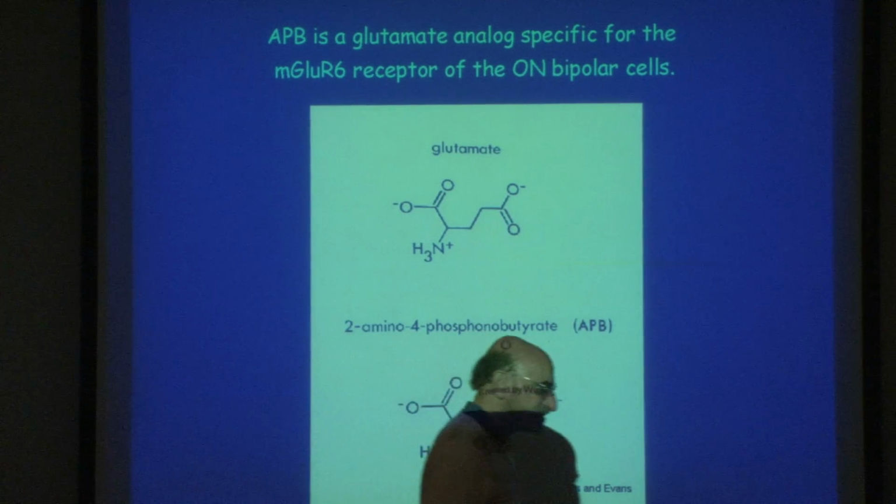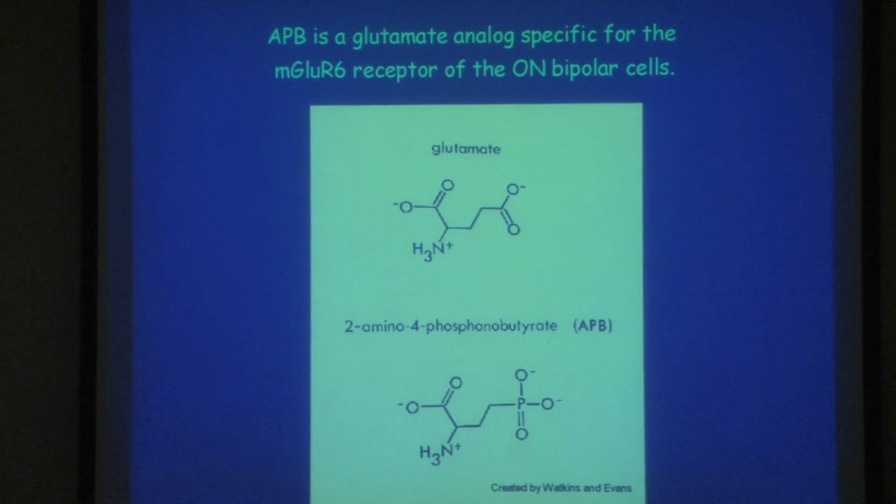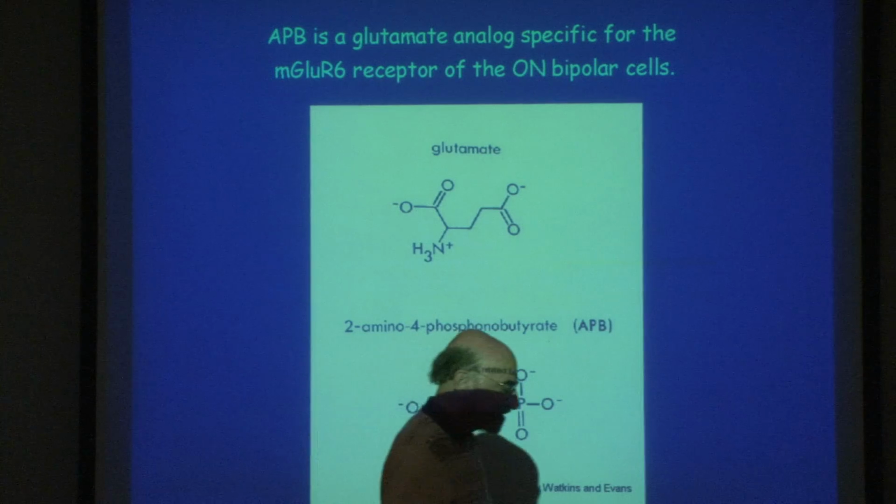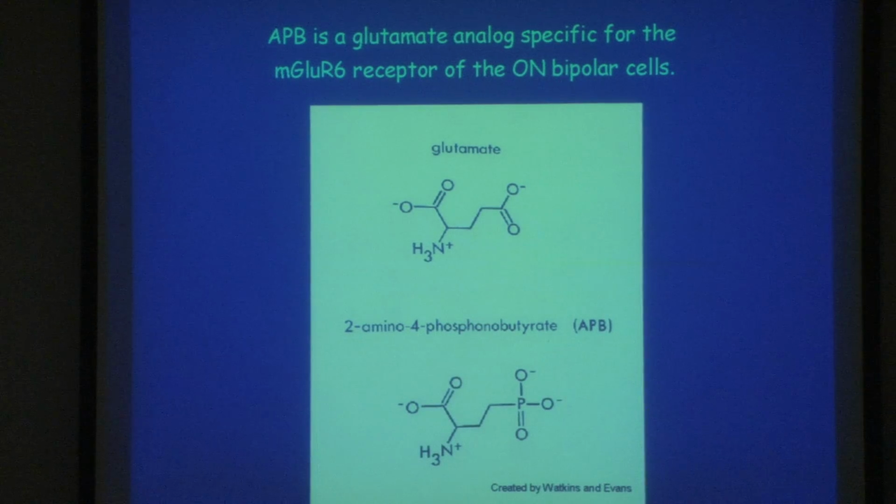So what happens is, in a way, it acts like glutamate, but it acts really specifically on the neurotransmitter sites of the on bipolar cells. And what it does, it fills the receptor site, which then makes those neurons insensitive to subsequent light stimulation. All right? So this then is a remarkable molecule, and consequently people began to do all sorts of experiments, and it was discovered that when this substance was applied to the retina,